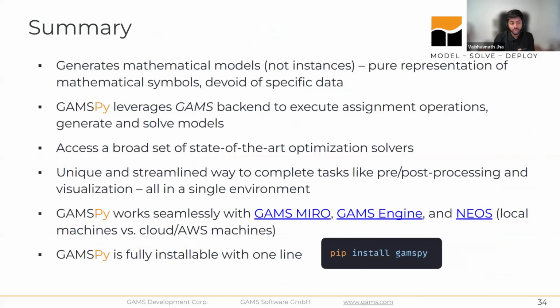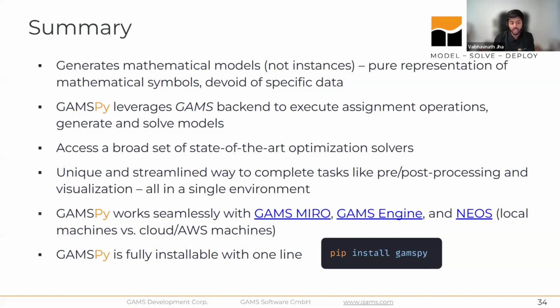Quickly summarizing the key points once again: GAMSPy generates mathematical models and not instances. They are pure representations of mathematical symbols and devoid of any specific data. GAMSPy gives you access to a broad set of state-of-the-art optimization solvers.